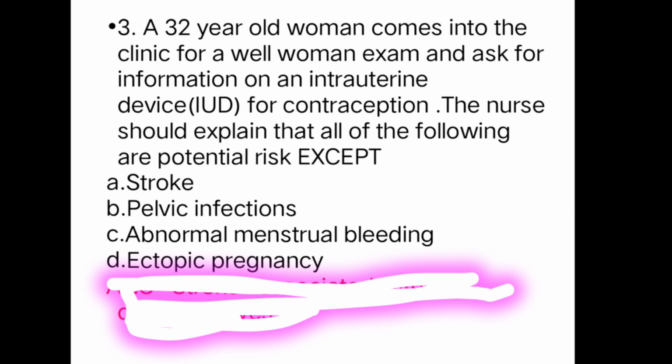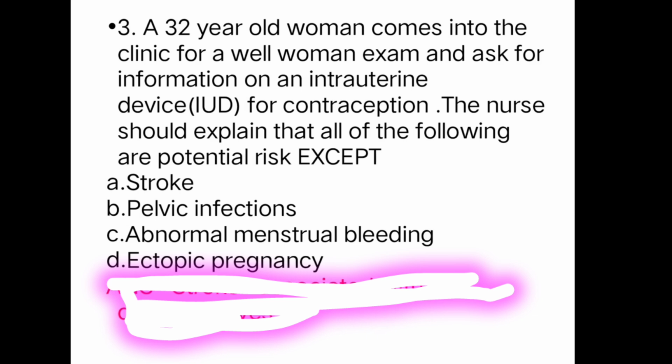So first option is stroke. Second option, pelvic infection. C, abnormal menstrual bleeding, and D, ectopic pregnancy. So first we must know what the potential risks of an intrauterine device are. If a woman is asking about the intrauterine device's potential risks, pelvic infection is a risk